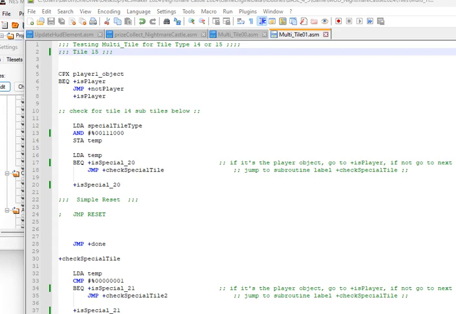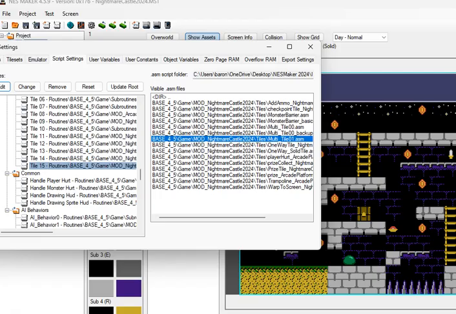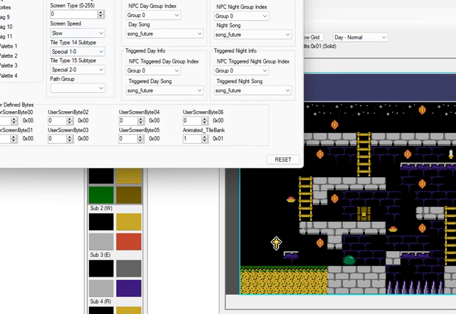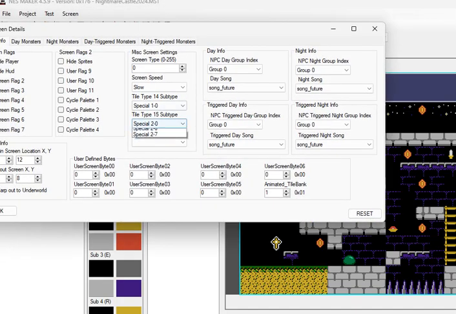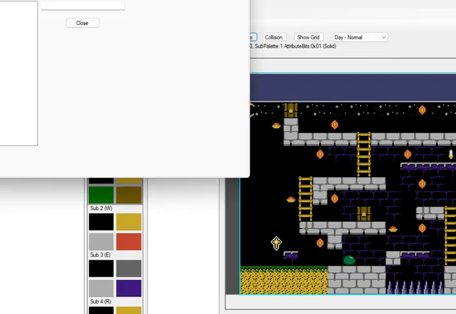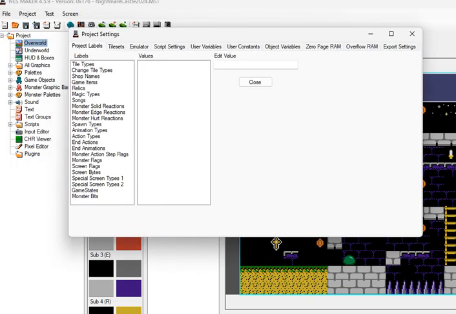Remember, you could rename what these tiles do in your project labels right here. These are your 14, 15 tiles.